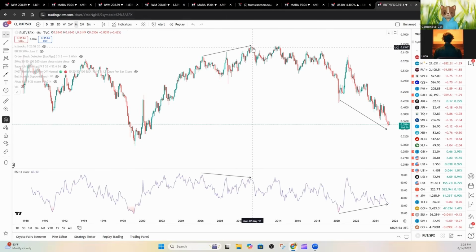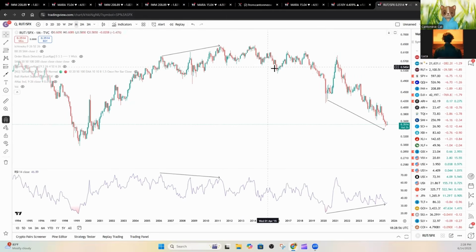And that's when you end up having the rotation back into the large caps over the last decade and a half, 2 decades. And right now it's just been over-exaggerated. Back here, the small caps were still outperforming large caps all the way up to maybe 2011, right? On bearish divergence. Now what are we having? We're having large caps outperforming small caps for the last 5 years on bullish divergence. And this is on a monthly chart.